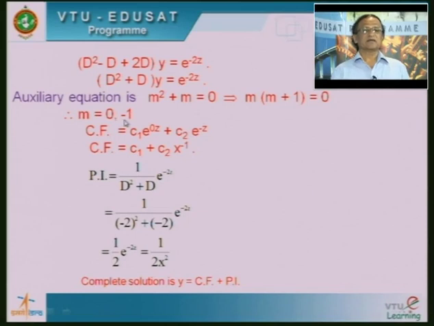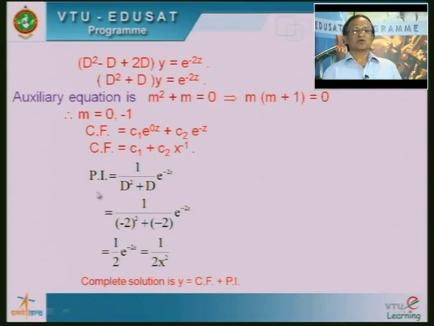On the basis of this, we can write down the complementary function in this form. C1 into e to the power first root 0 into z plus C2 into e to the power minus 1 into z. The same thing can be written as C1 into e to the power 0, which is 1, plus C2 into x to the power minus 1. So, this is the complementary function of the given Cauchy-Euler equation. Okay. We know that the right hand side function is not equal to 0. It means they have given a non-homogeneous equation. That is why I cannot say that this is the general solution of the given equation.